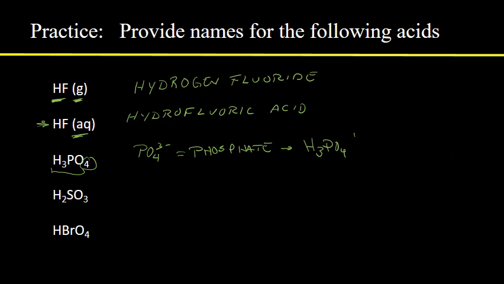So if we make that into the corresponding acid, that will be phosphoric acid. All right. Now here is another oxy acid. We have to remember the ate form. That's the important one for all of these. And the ate form is SO4 2-,